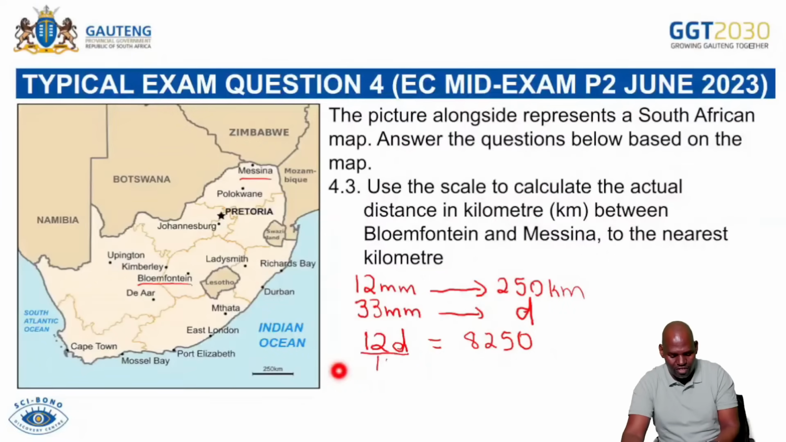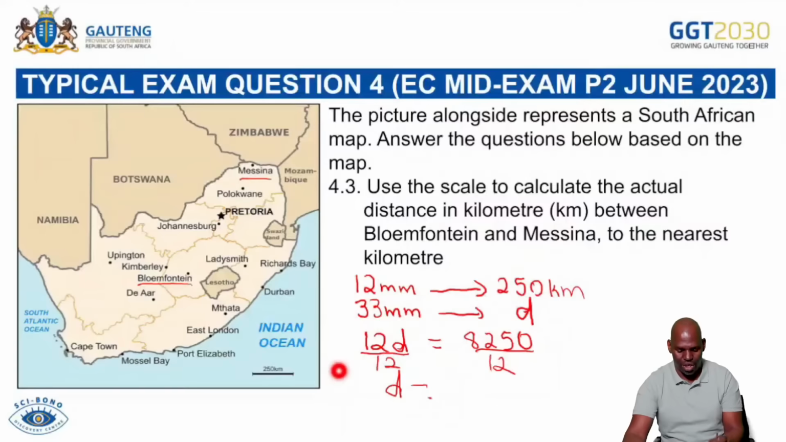Then I divide by 12. 12 divided by 12 is 1, they cancel out, and then I get D equals 8,250 divided by 12. Then I get about 687,5